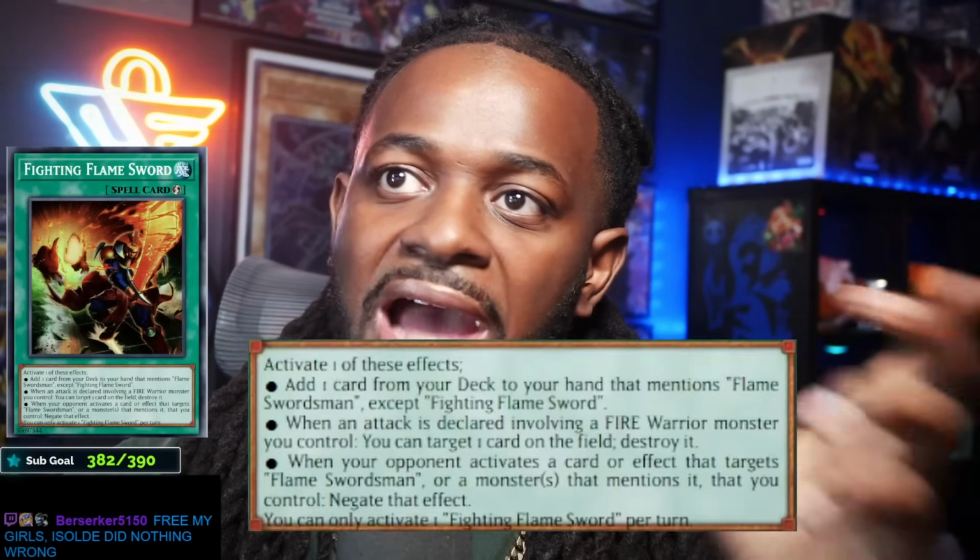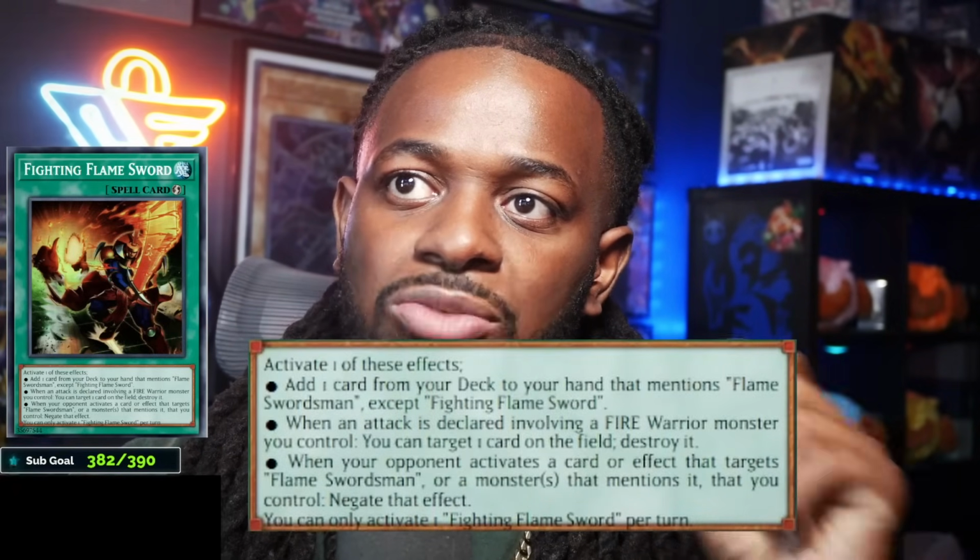Next is Fighting Flame Sword. This card is another 3-of. It says add 1 card from your deck to your hand that mentions Flame Swordsman except Fighting Flame Sword. So now you can have up to 12 ways, I think even 13 ways, to get Fighting Flame Swordsman to your hand. With 3 copies of Chalice, 3 copies of Durandal, 3 copies of this, 3 copies of the Fighting Flame Swordsman itself, and Reinforcement of the Army, odds are you're going to be getting into this in your opening